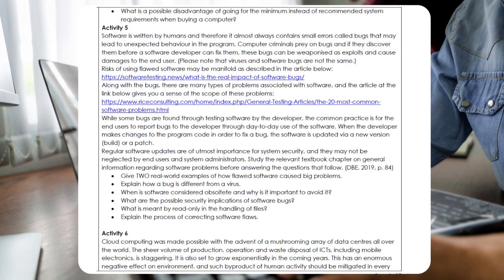https://software news/what is the real impact of software bugs. Along with the bugs, there are many types of problems associated with software, and the article at the link below gives you a sense of the scope of these problems. https://www.riceconsulting.com/home/index.php/general-testing-articles/the-20-most-common-software-problems.html. While some bugs are found through testing software by the developer, the common practice is for the